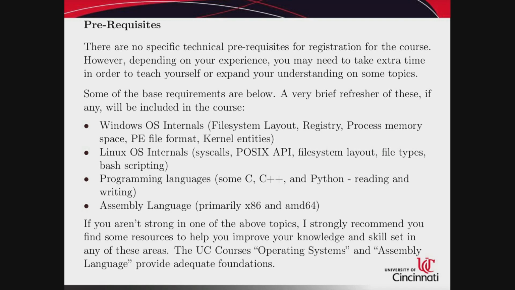I don't have a cheat sheet for the Linux POSIX API, but if we're looking at C source code, or we're looking at disassembly that's making Linux system calls into the POSIX API, I will assume that if you don't know a particular POSIX function, you can log into UC file space and use the man program to read the man page for that thing, or go on the internet and look at any one of the Linux man pages for that API call. So if you aren't familiar with that, then you may want to go online and find a really good reference site that has good man page documentation for Linux.